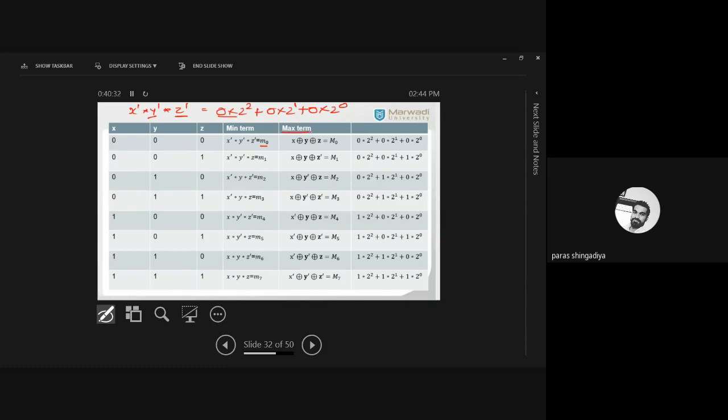Similarly, you can predict the max term form, that will be x ring sum y ring sum z. क्योंकि तीनों 0 है तो normal values consider the 0 in this max term. So it will be x ring sum y ring sum z, and that also get the same answer. ठीक है, कोई भी एक्सप्रेशन है आपके पास, मिन टर्म और मैक्स टर्म की सफिक्स वैल्यू सेम ही आएगी. ठीक है, if you have any expression then min term and max term form that will be the same.